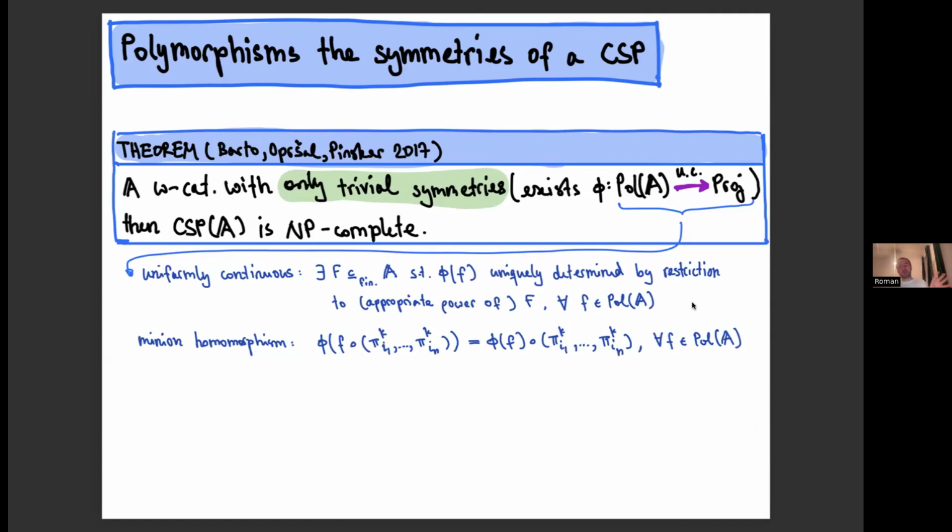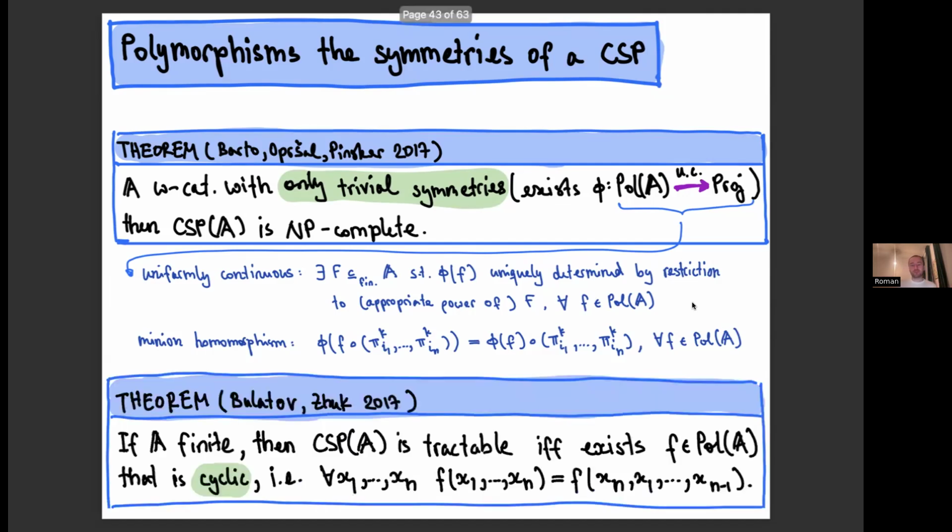And the minion homomorphism, I think Sebastian also defined this last week, sort of says that not all compositions are respected by this homomorphism phi, but if you have F on the left and you just plug in projections, so those pi I to the k, these will be k-ary projections, then this map phi actually preserves those. So this is what a minion homomorphism is, but you should really view this as: the CSP of A only has trivial symmetries. And conversely,